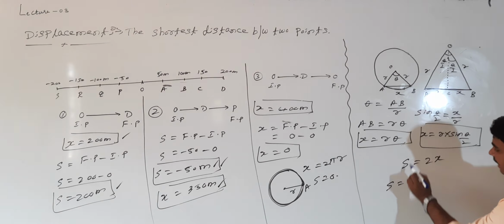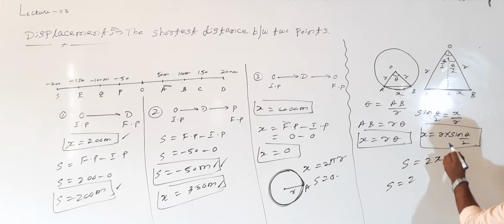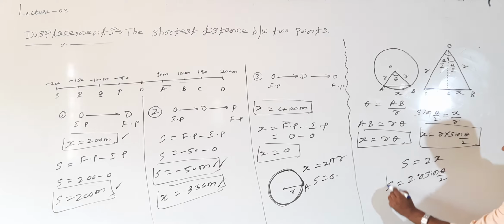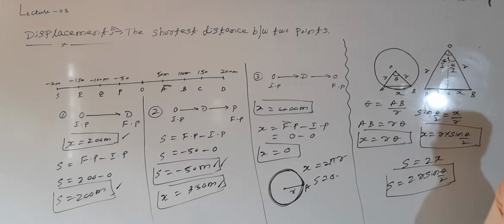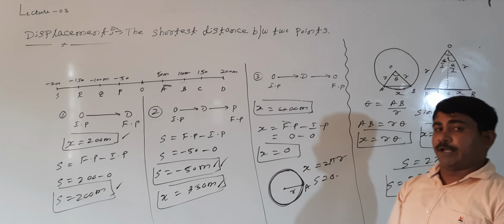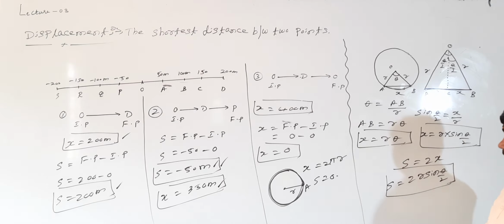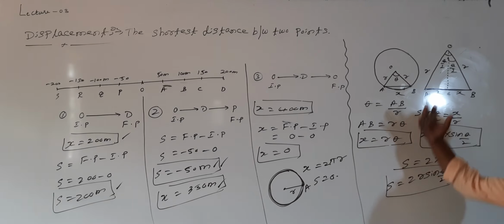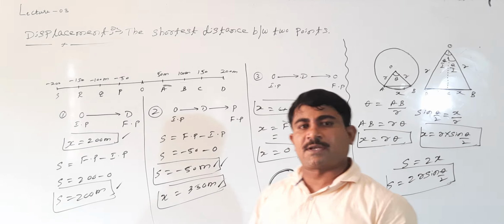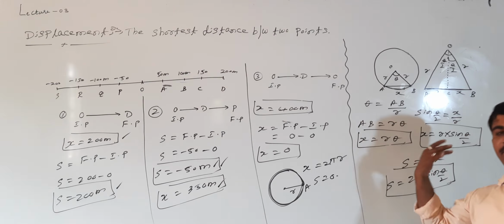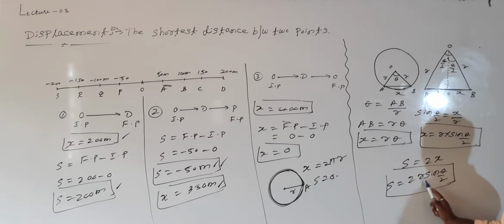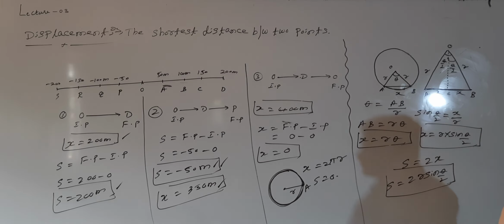Then what is the displacement here? S is equal to 2 into x. X is this value, so S equals 2 into R sin theta by 2. Generally, for any particle moving in a circular path, this is the general displacement and distance formula. Distance can be calculated by this formula, displacement by this formula. For half circle, quarter circle, and 3/4 circle, we will see in detail how to calculate distance and displacement. See here, what did you get? For distance, the formula is r into theta; displacement is 2r into sin theta by 2. Right or wrong?